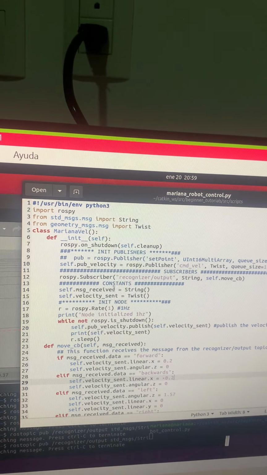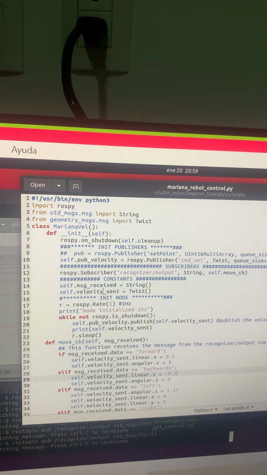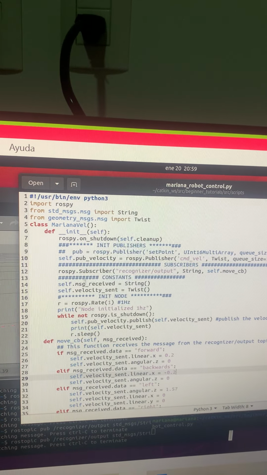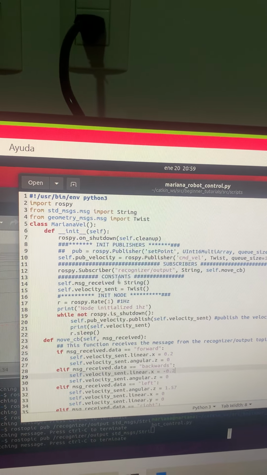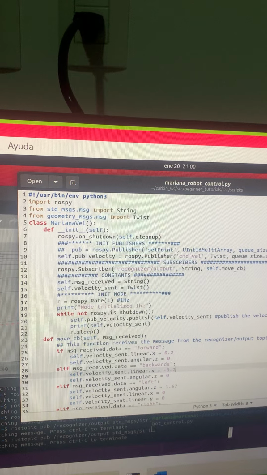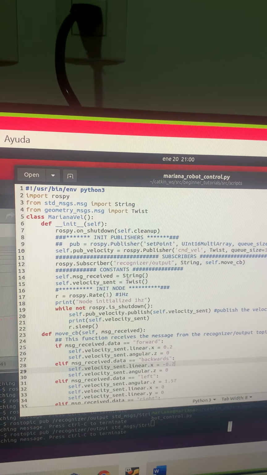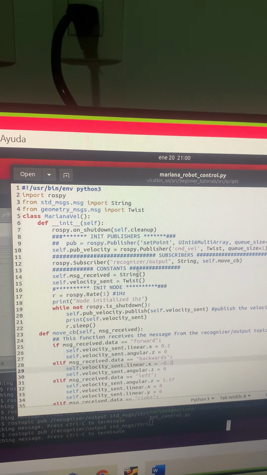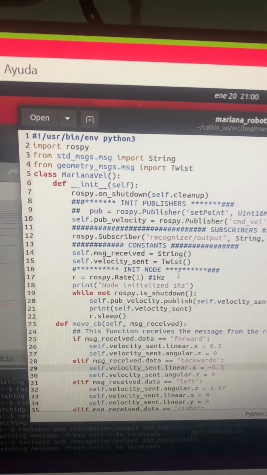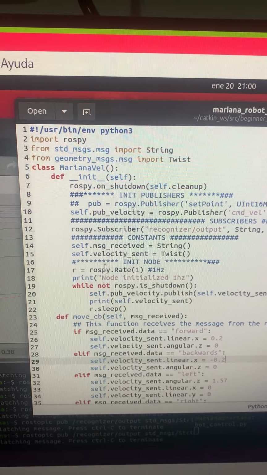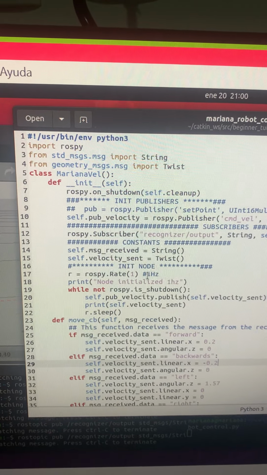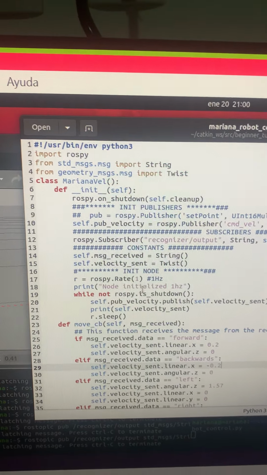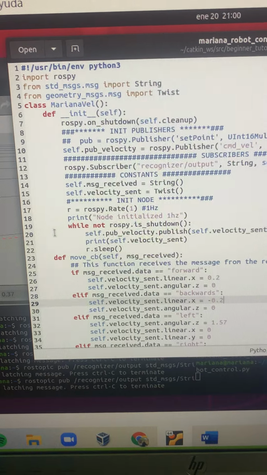In this part, we set the constants as the message received, which is going to be coming from the recognizer output, and then the velocity sent that is going to be going through the CMDVEL, and we set that they are string and twist. Then we initialize a node with a rate of 1 Hertz, which was set like that before, and we just left it like that. And then we